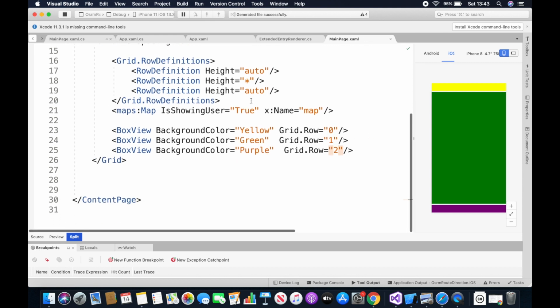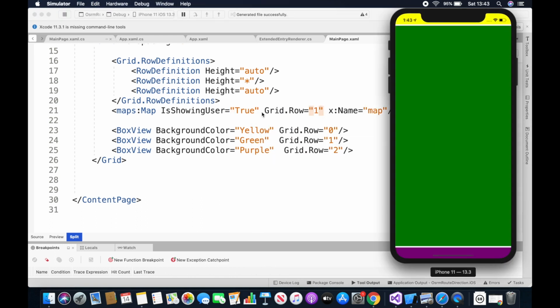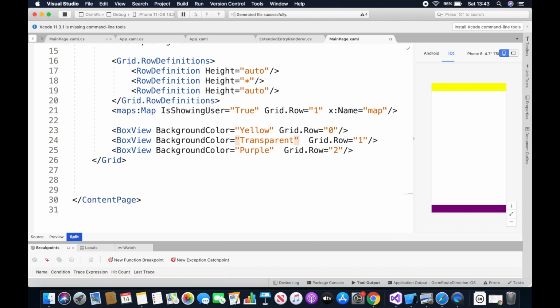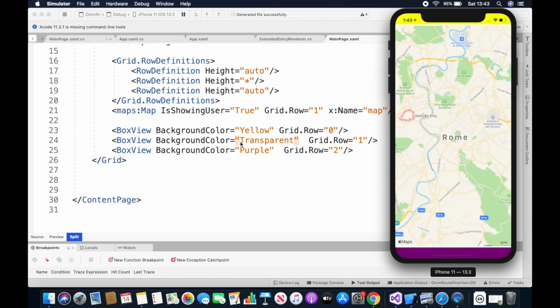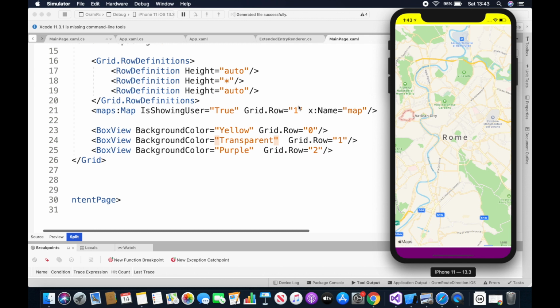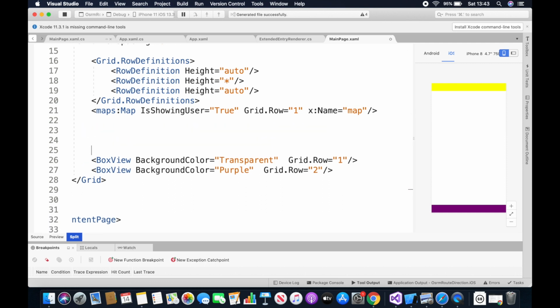And if I put the map in grid row 1, it's going to display it on the mid row. Let me show you. Yeah, so that goes in the background. If we change the color of that to transparent, we'll be able to see the map in the background. So we leave the map in grid 1, so you're targeting this mid grid, and for the top grid we'd be using another